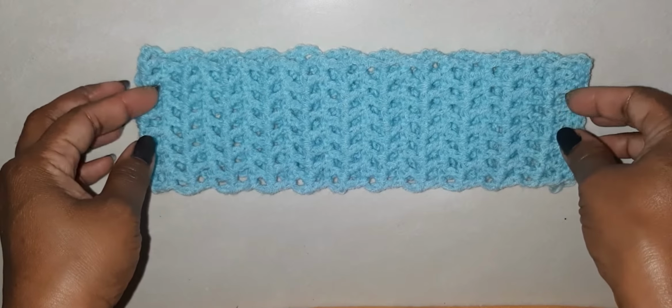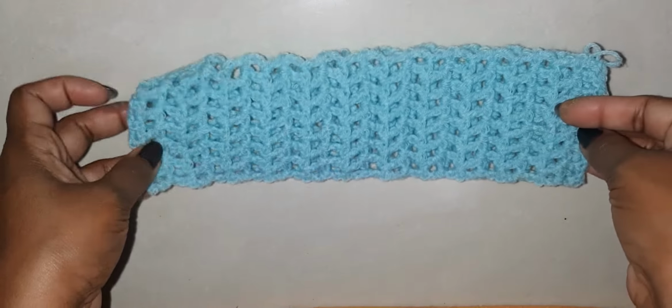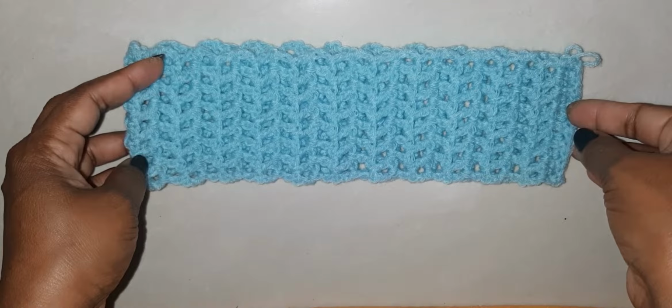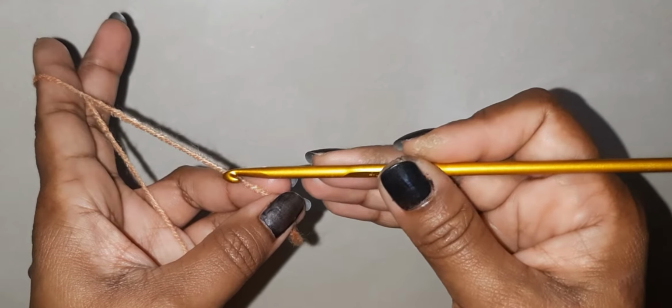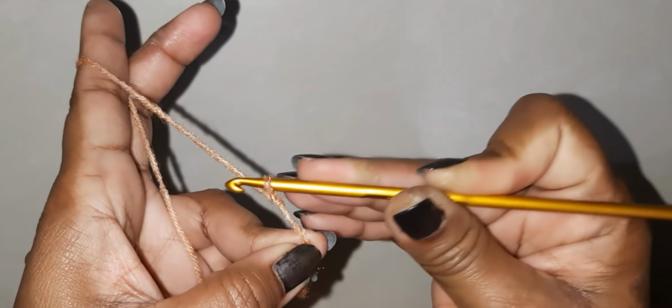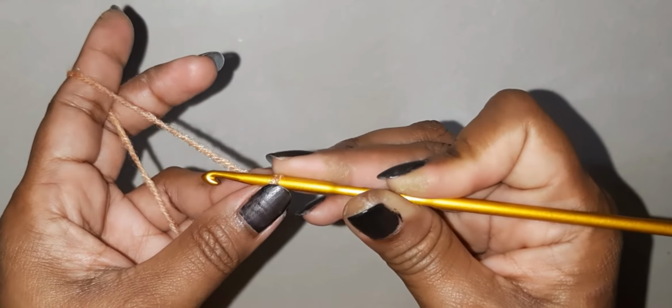So in today's tutorial I'll show you how to make this quick and easy headband. So let's get started. In order to make this headband, I'm going to do a slip knot. So I have my slip knot. Now I will do